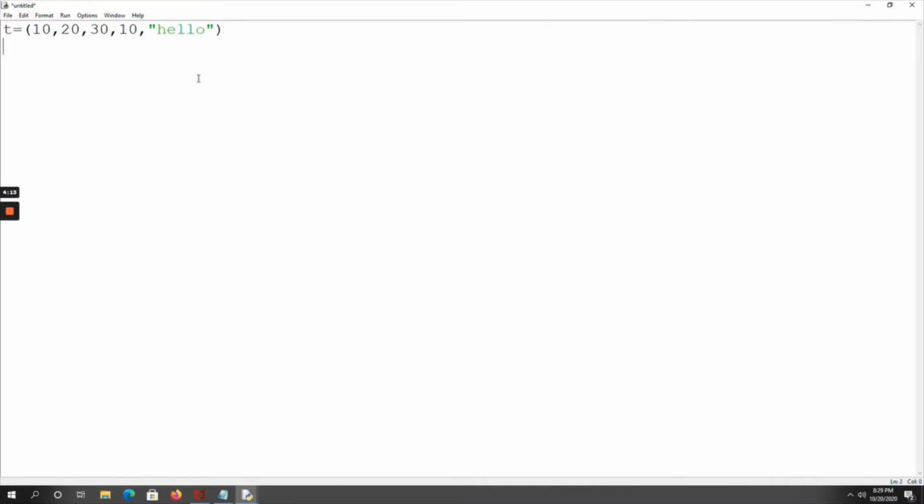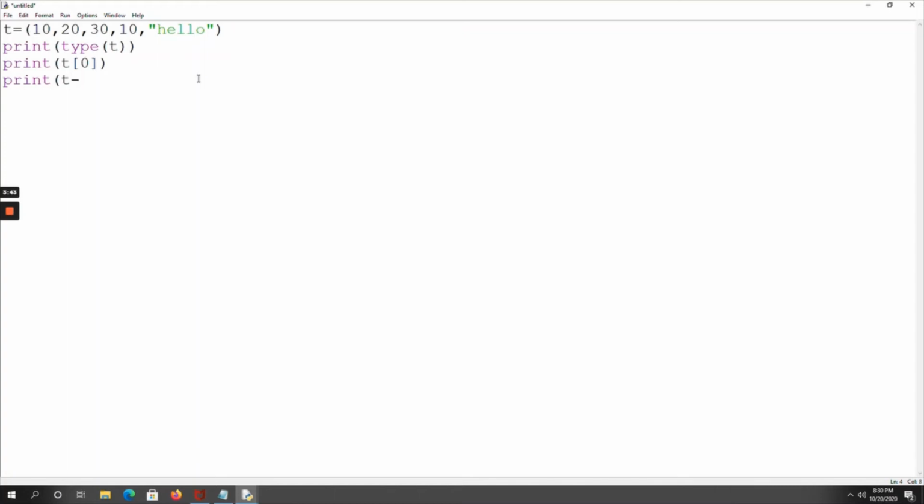Next, I am printing the type of t, that means the type function will give the data type of the element. Next, I am printing t of 0th index element. Next, I am printing t of minus 1 index element.